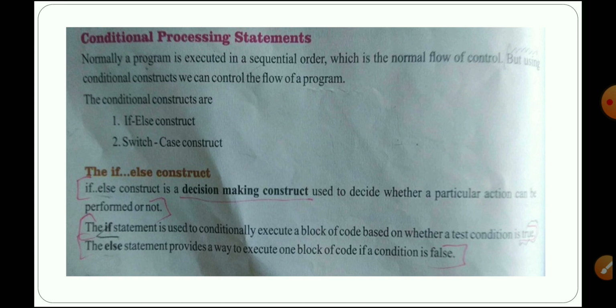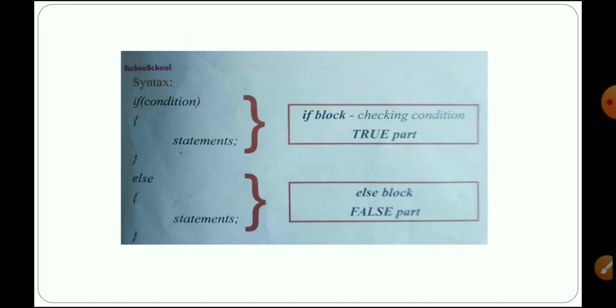Next, what is the syntax of the if else statement? You have to see this syntax: if condition, where the condition, as I already told you, is i less than or equal to 10. The block of code starts with curly braces, and inside the curly braces we have a statement, one line of code inside the if condition. Next is the else part, with curly braces opened and closed, and inside the else block we have statement 1.